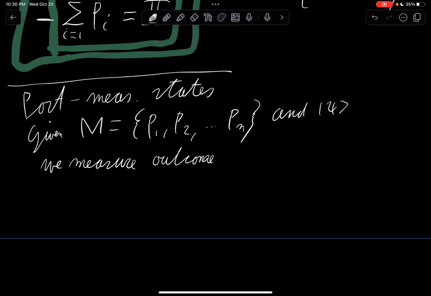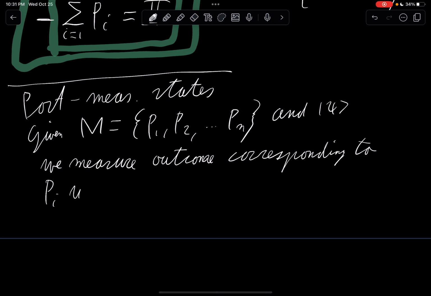We measure an outcome corresponding to p sub i with probability